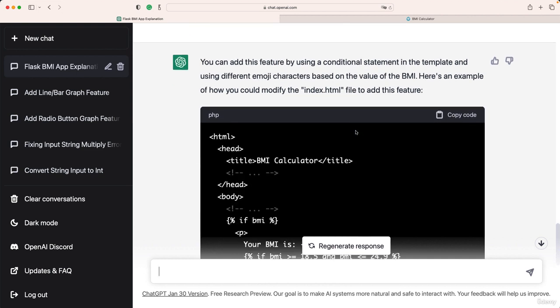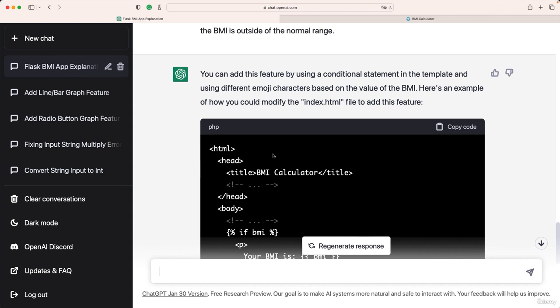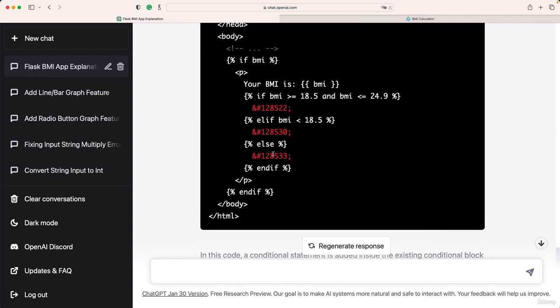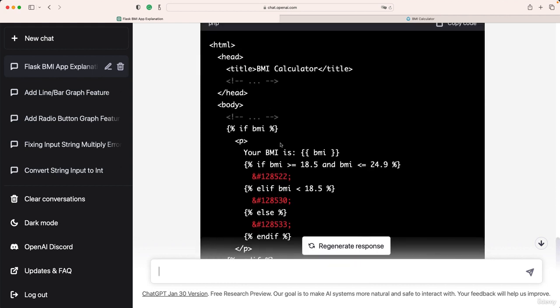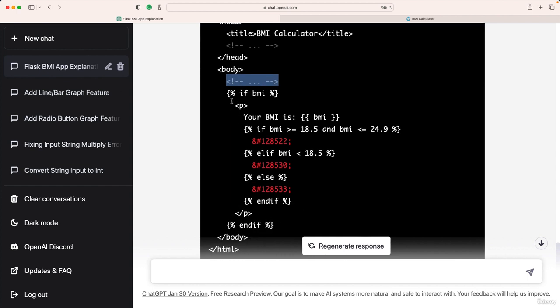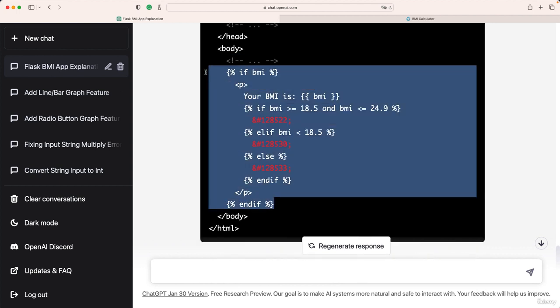And there we got an answer from ChatGPT. So it's telling us what we need to change. Actually, this is not the complete code. So as a programmer, you should be careful with the output of ChatGPT. You should be able to understand what's going on. So for example, ChatGPT didn't give us the entire code, only those lines we need to update, which is the lines inside these if